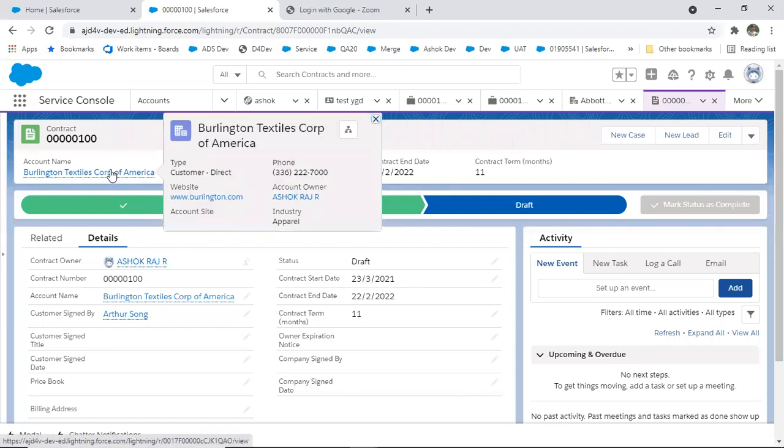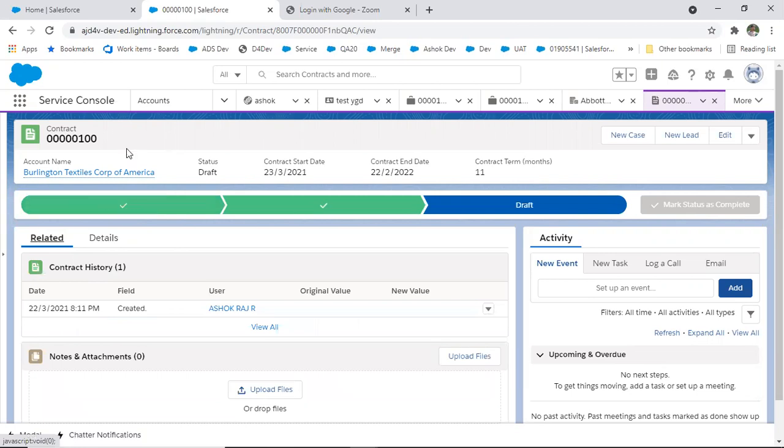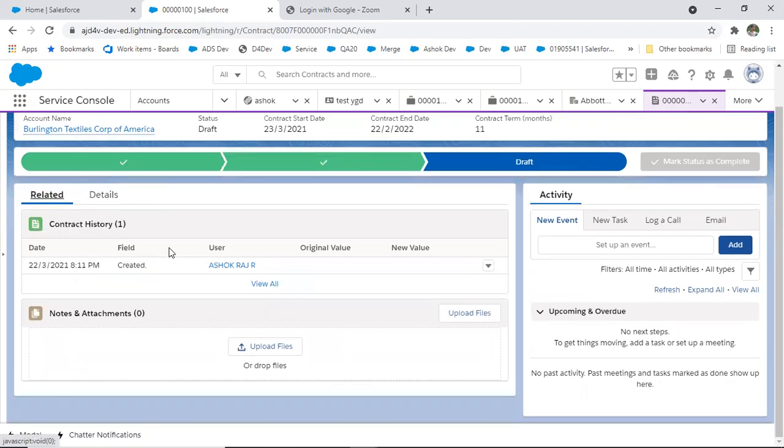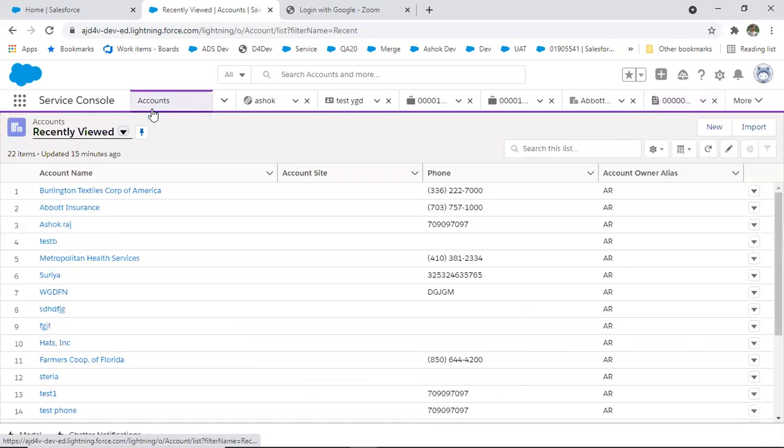For this example, see, if MRF is going to get in touch with this company, it doesn't mean I'm directly going to have contact with the company. At the end of the day, the company has some staff working there. I'm going to get in touch with the staff. So those staff information would be available in the related list of this account. Sorry, I was showing contract, right? Let me show you the contact.